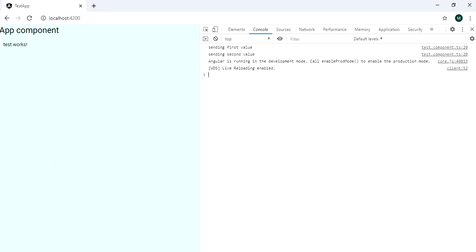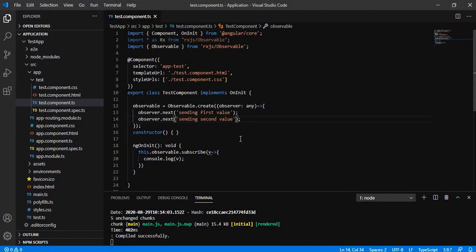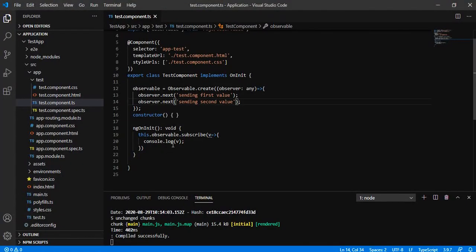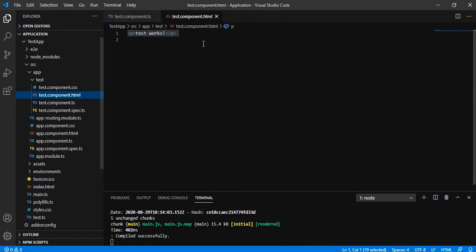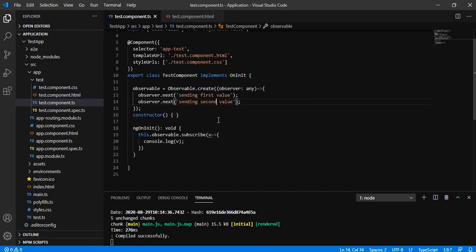Let me add some logic that will add the particular values to the HTML. Let me say we have an element div that has an ID, mydiv, and I will try to add or append some content that is being sent from the observable in this particular div tag.